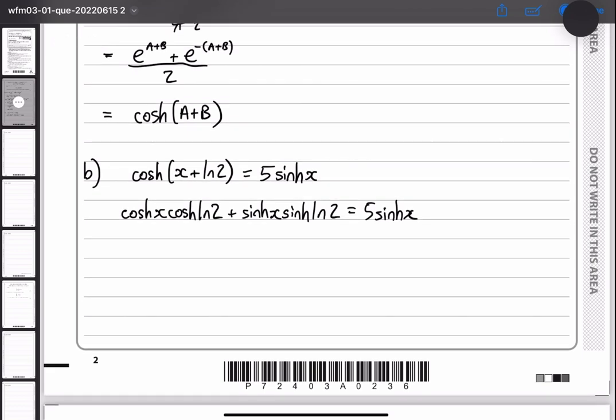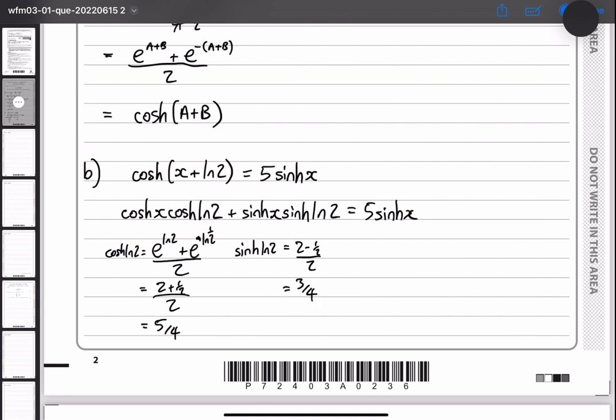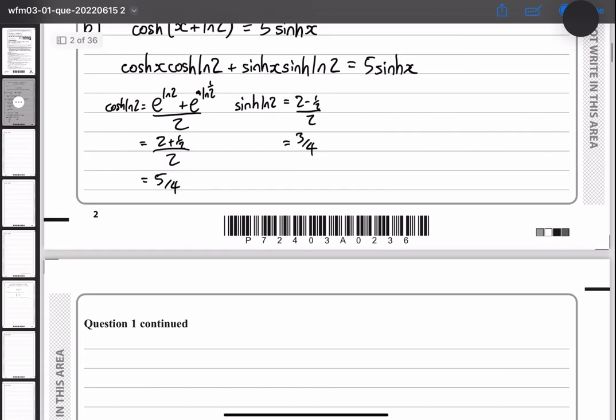But my one that I'm using at the moment can't, so let's have e to the natural log of 2 plus e to the minus natural log of 2, which is the same as log of a half, divided by 2. So this is cosh log of 2, and that gives me 2 plus a half over 2, which gives me 5 over 4. And then sinh is very similar. It'll be 2 minus a half over 2, which is 3 out of 4. So replacing those in that expression gives me